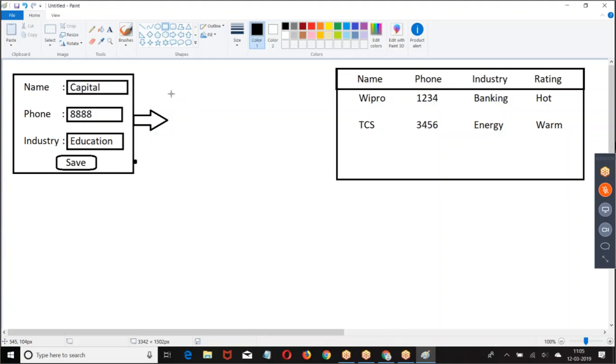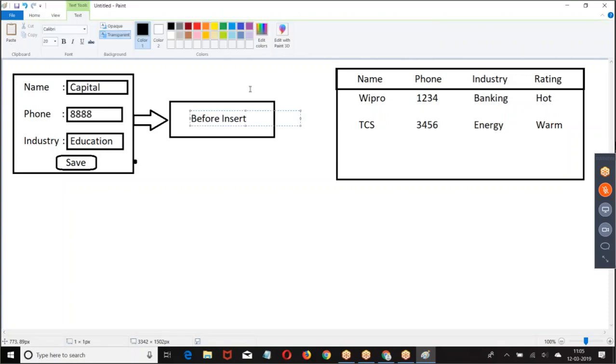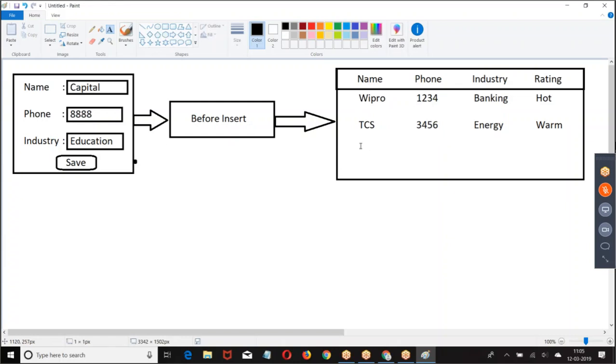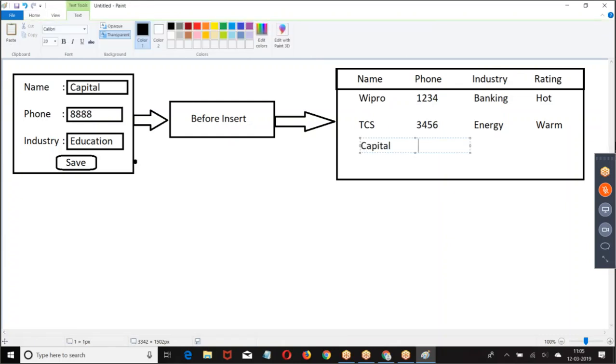Before insert trigger will run. Data will save. I made some changes in the before insert. So finally, the record which is saved is capital.